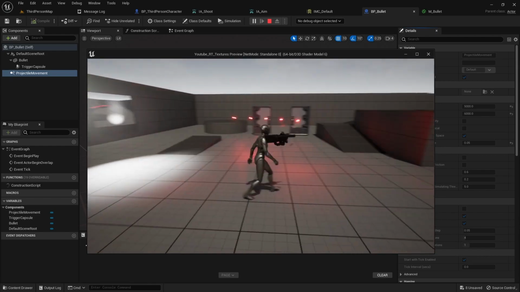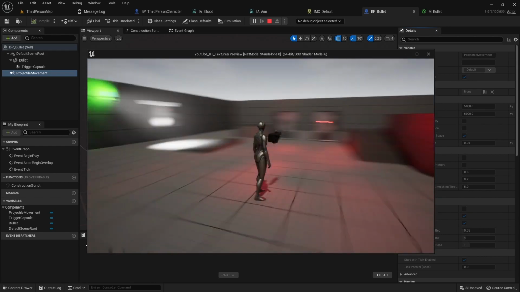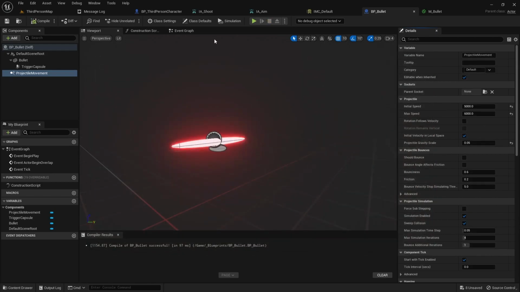Yeah, it seems a little bit better. Okay, now we've got to fix the trigger. I just want to be able to click once and it fires. I don't want it to go all crazy. So in the IMC manager,